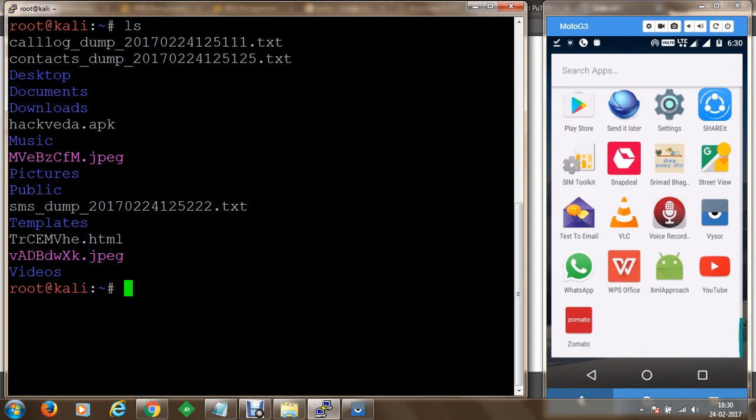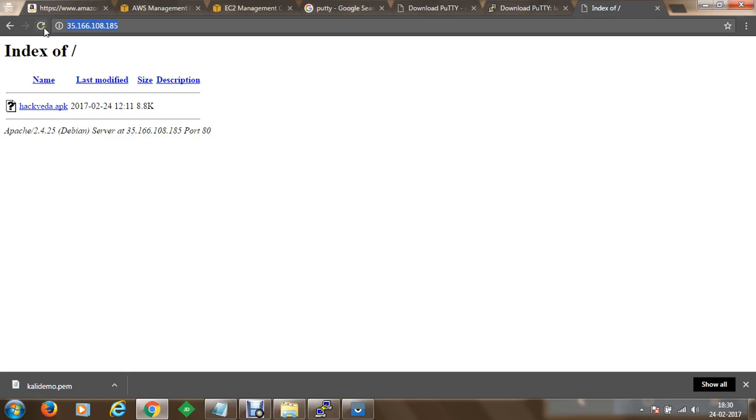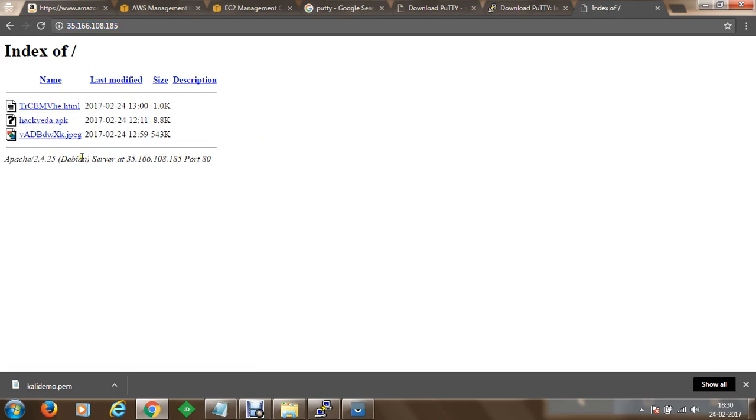So now we can copy the trcem file to the www.html directory, and once we do that we can proceed to our browser and refresh, and now you can see that we have some JPG files available here. Once we open the file on a browser, we have got one sample image available.